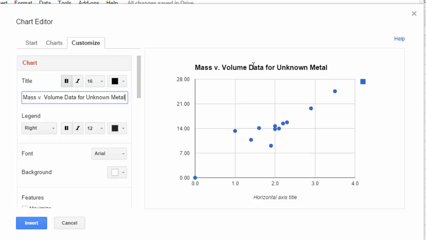So it's a fairly long title, but you know what? Anybody who reads that title is going to know exactly what my graph is showing them. If you want, you can change where the legend is. This is the only thing we have in the legend right now,